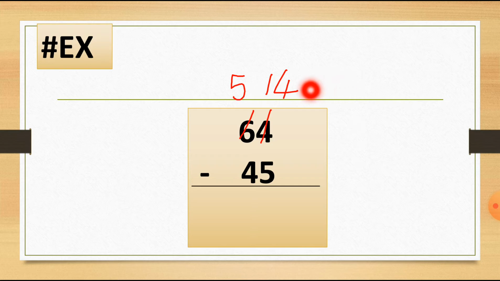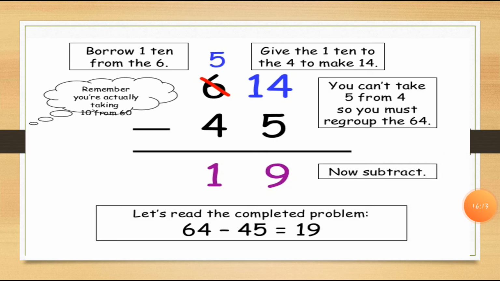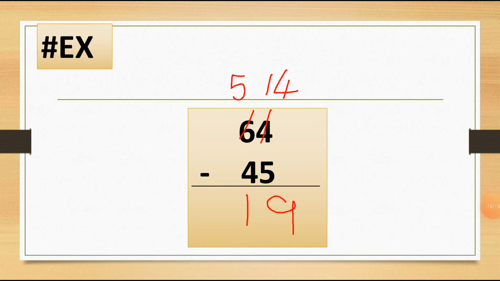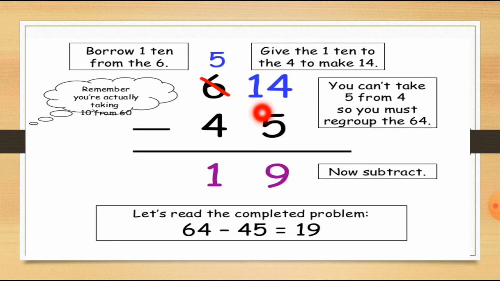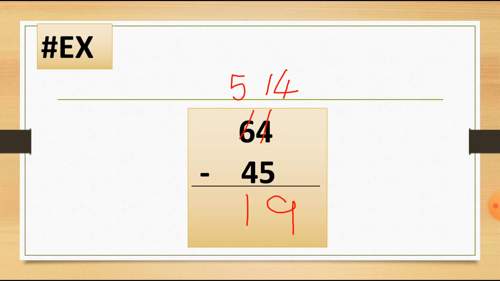Here is the 14 number. So we will cut 5 number from this 14. So how much do we have now? 14 minus 5 is equal to how much, students? Hope you understood, students. And here is the way. Here is the 14 number and here is the 5 number. So 14 minus 5, we will get the 9 number as the answer, and here is the 5